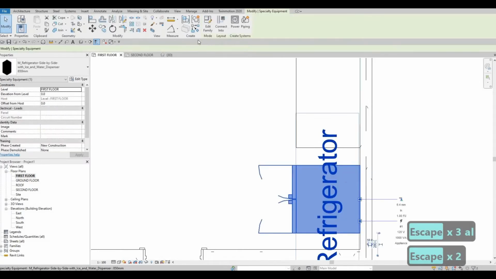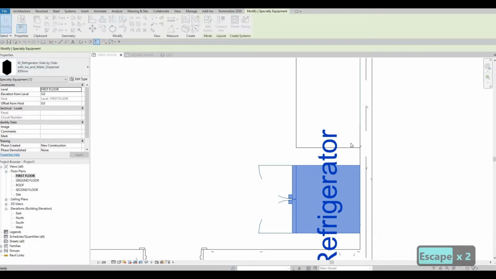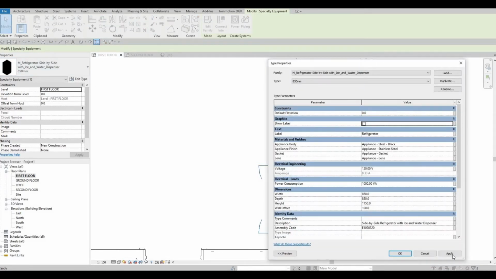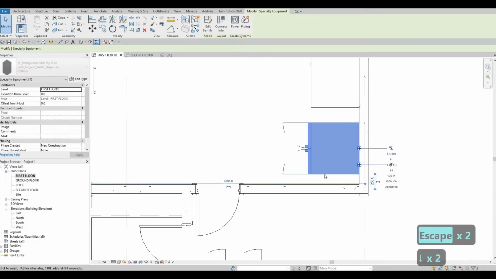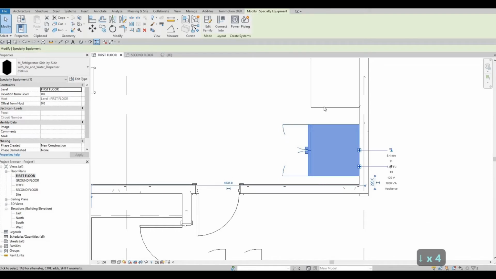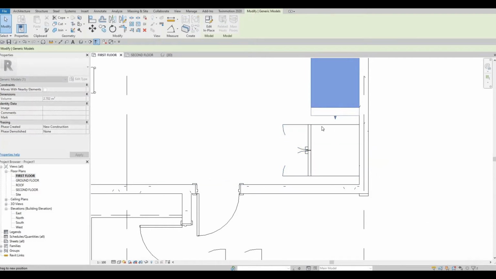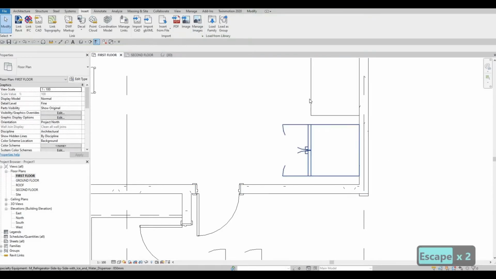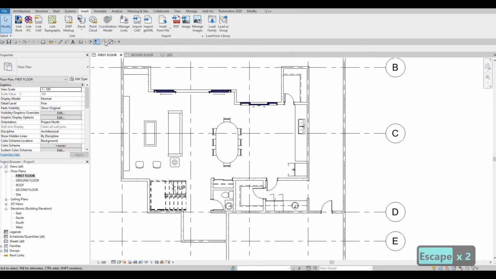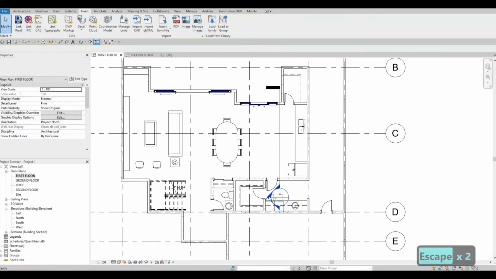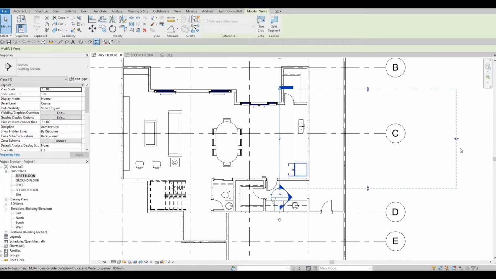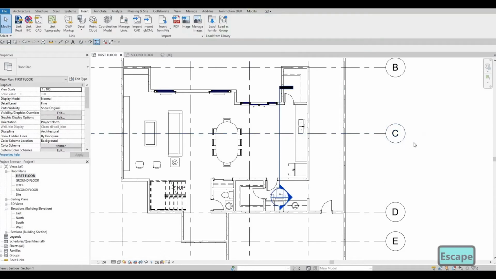And then select the fridge again so that we could click on edit type and uncheck show label. So that's good. Now we could just move this one mostly at the end. This one we could just put right there, and then we're gonna add in a case for that. I think it's a good idea to add in a section view so that we could add a view right there once we're doing something else. So select this one, flip this with the arrow, and then we're good to go later on once